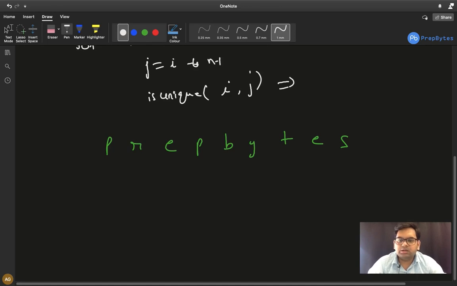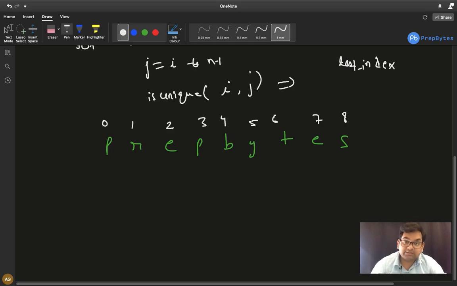What we can do is store the last seen index, or the previous index, of all particular elements. For example, let's start with our string, indices 0, 1, 2, 3, 4, 5, 6, 7 and 8.